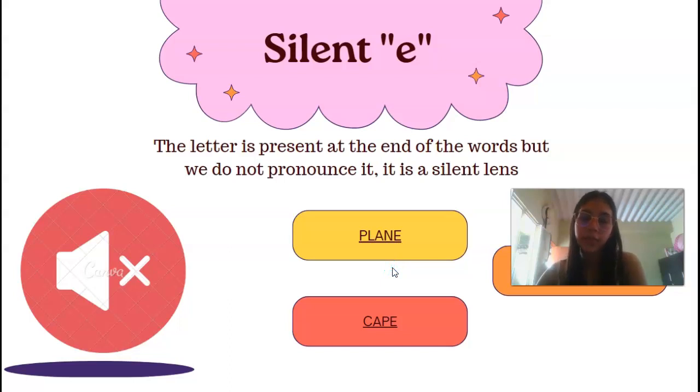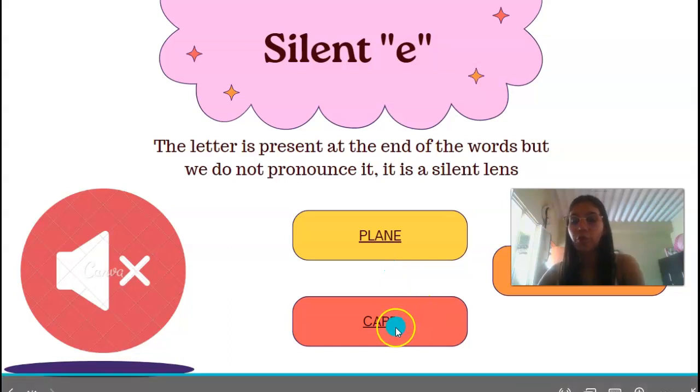Another example is the word cape. You pronounce this word cape. We don't pronounce "cap-eh" because the E is silent. We don't pronounce it. We can say cape. And the word hoe,